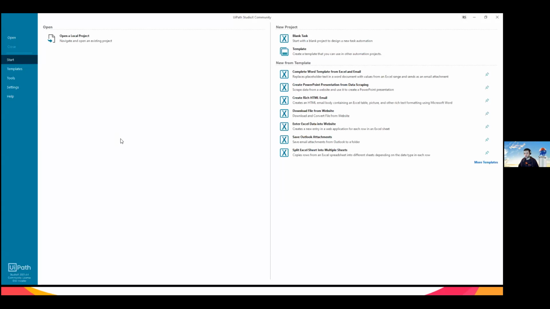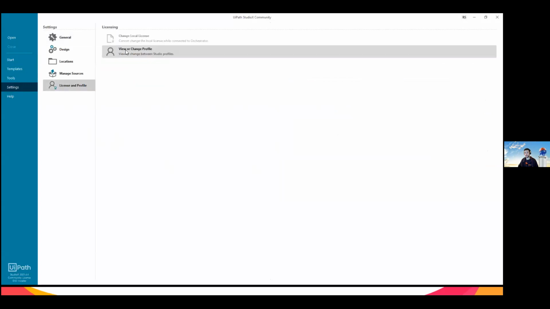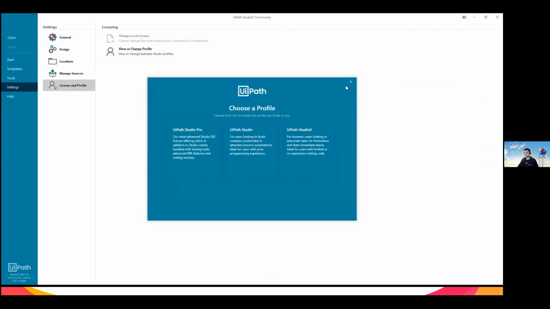If by mistake you selected a profile that is not StudioX, maybe you selected Studio or Studio Pro, you can change that back. It's going to look a little bit different like this, but you can go into settings, license and profile, and you can hit view or change profile, okay? And you can go into StudioX. Just make sure that this color is the same as this and it's not blue.